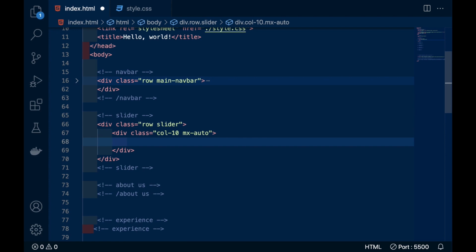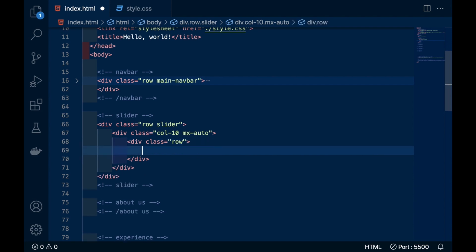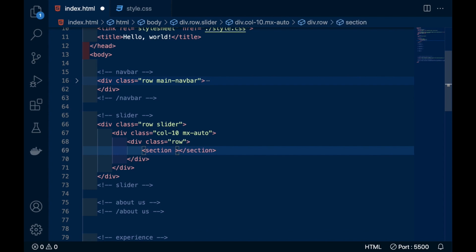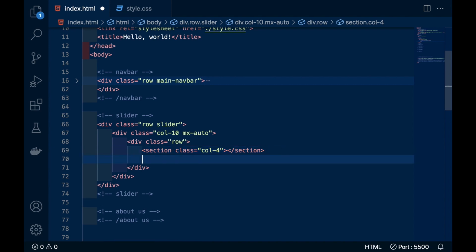And inside this, so this is the Bootstrap layout, friends, I have created, and now I will divide this 10 column into 2 half sections. For that I need one more row, and this row will be divided into 2 sections. The first section will be for the image, and that is column 4, and the other one is column 8.